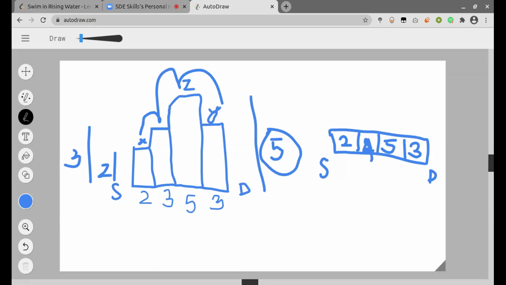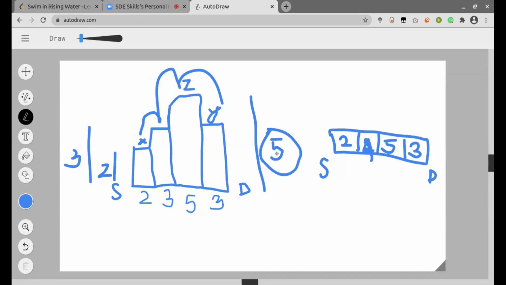You don't have to jump across the 5, because there will always be a path, like water, it will find its own path. But the given constraints which they have mentioned are not being used in our heap